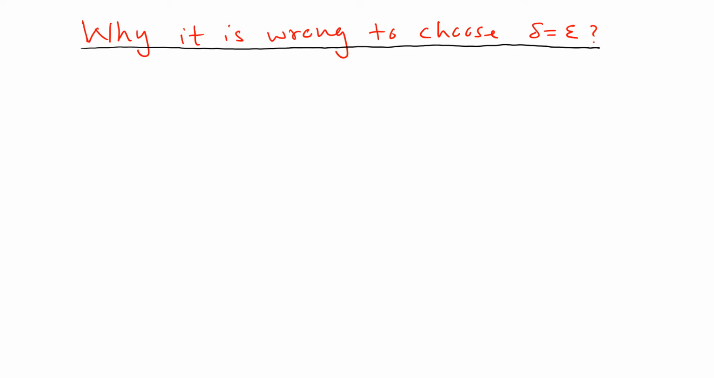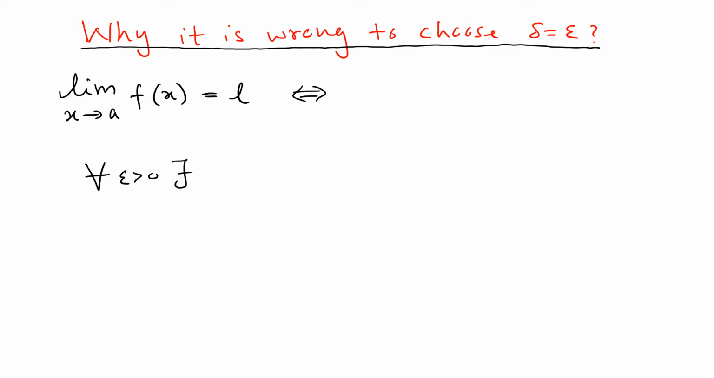In this video, we try to understand why it is wrong to select delta equal epsilon in certain delta epsilon proofs of limits. So let's look at the common limit definition. We write the limit as x goes to a of f(x) equals L if and only if we can prove that for all epsilon there is a delta positive such that